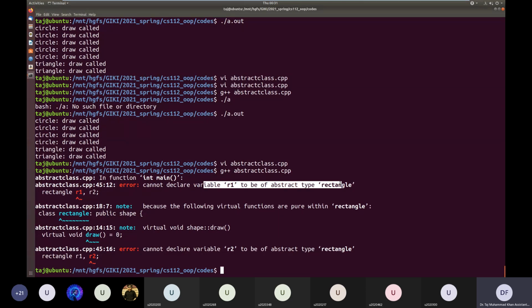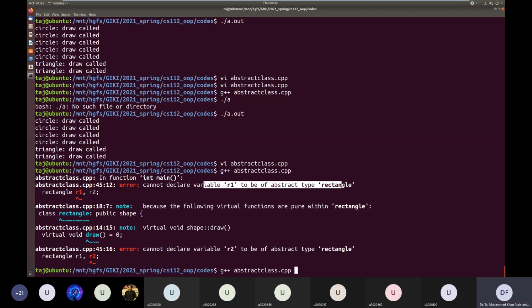Since rectangle has a pure virtual function, it is an abstract class, and we cannot declare objects of an abstract class. Whereas circle and triangle also inherited the pure virtual functions, but they have overridden all of them. Therefore, circle and triangle are no longer abstract because they have implemented all the pure virtual functions.